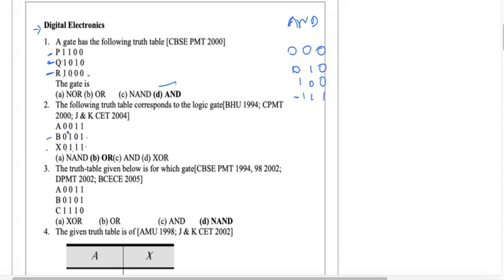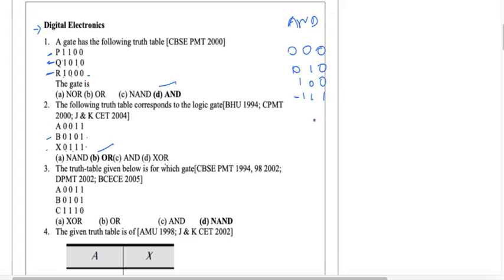So this is not an AND gate, this is not an XOR gate, this is the OR gate. A NAND gate is the exact opposite of an AND gate, whereas for AND, all the inputs should be 1 to get an output of 1. For XOR, which is an exclusive OR, if the inputs are equal, then the output is 0. But here, for 0 0 it is 0, but for 1 and 1 input the output is 1. So this is not an exclusive OR. So the answer is OR gate.